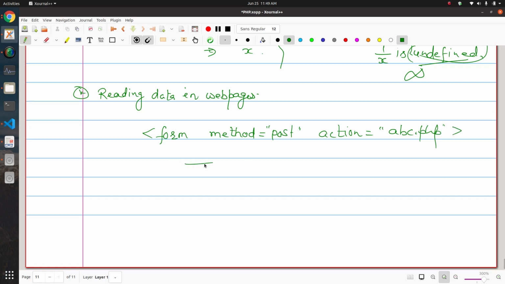In that form you might have some input elements, like an input box with a label, another input box with a label, maybe a checkbox, radio button, text box, and so on, and then you have a closing form tag.